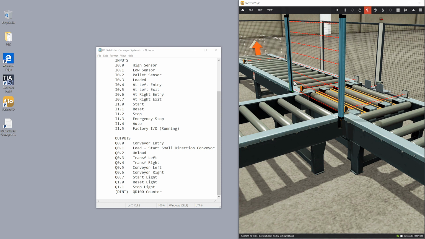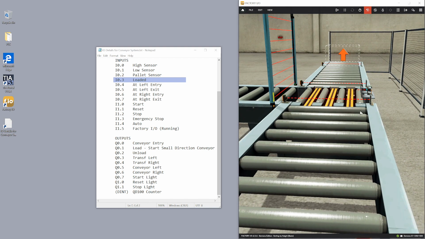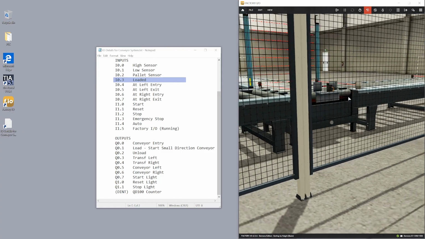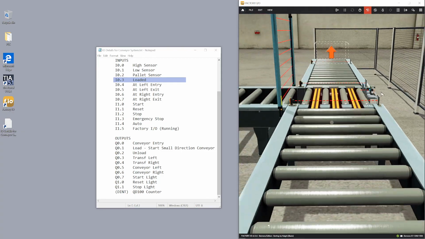The next input is also a normally open sensor that becomes true once a pallet has reached its limit on the small loading conveyor and is ready to be transferred either left or right. As I swing round the conveyors, you can see it a little clearer. Here we go, swinging round. Let's zoom back out